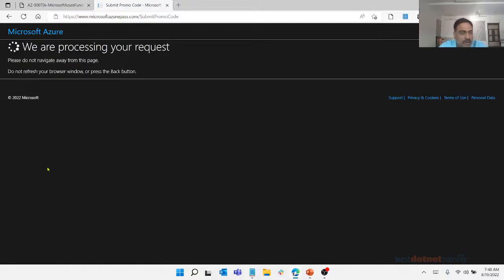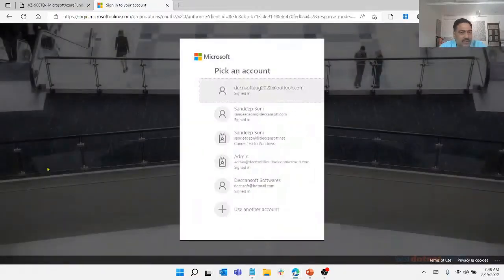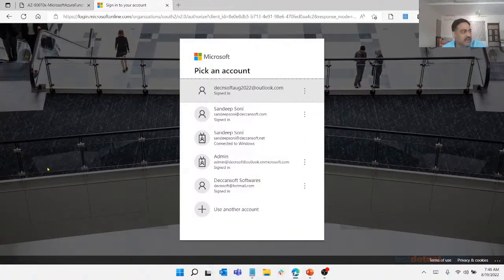There is a small nominal fee of, I believe, $4 or $5, and details you can find in the description or in the chat. You have to contact Shubham and he will be able to arrange the promo code for you people in case you want to do the labs using the Microsoft Azure Pass.